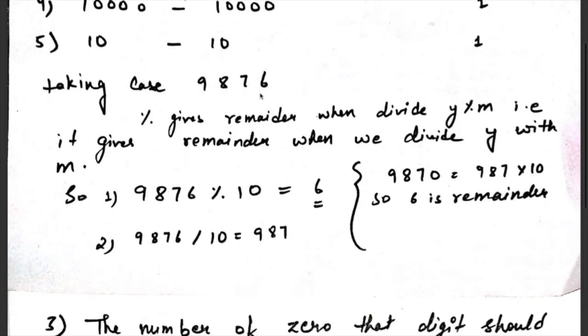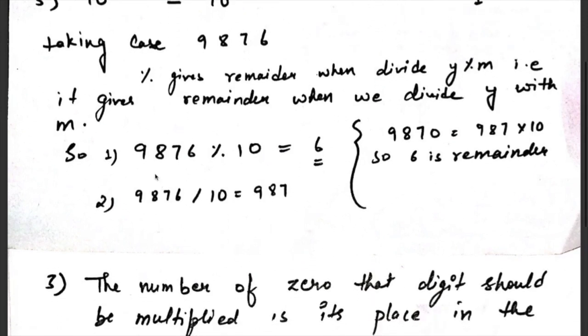Let's check how we can retrieve a digit from the given number. We will use the modulo operation. For those who don't know what modulo operation is, simply, if you divide y by m, it will give you a remainder. So if you take 9876 mod 10, what will be the remainder? The remainder should be 6. So you will always get the last digit of the number as the remainder when you mod it with 10. So we will first mod it with 10, and we will get 6.